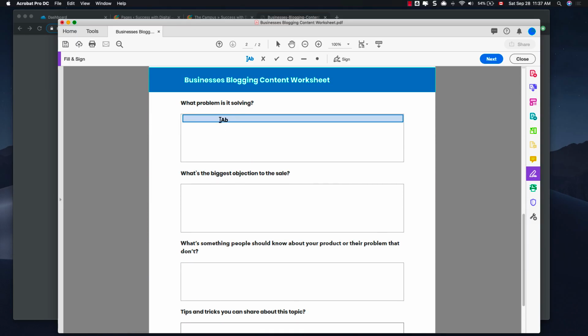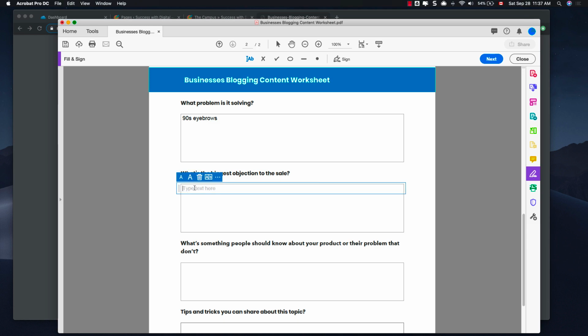So what problem is this solving? Well, me being a middle-aged female, I can tell you that it fixes the 90s eyebrows. There's probably more that I could list here as well. What's the biggest objection of the sale?